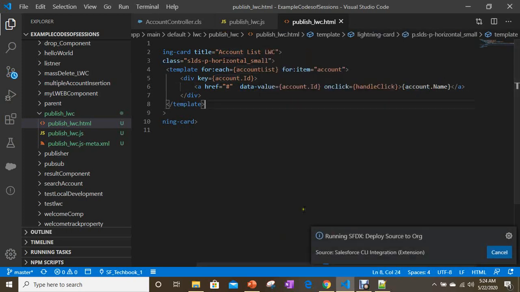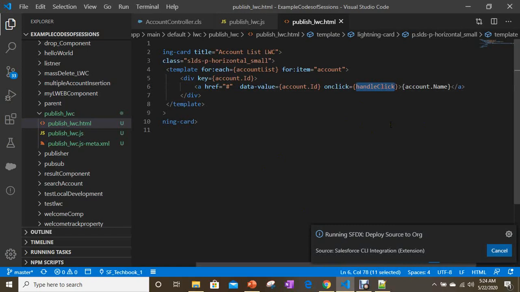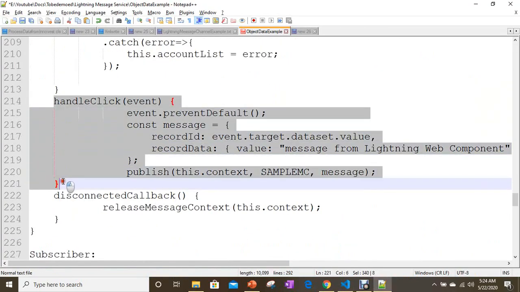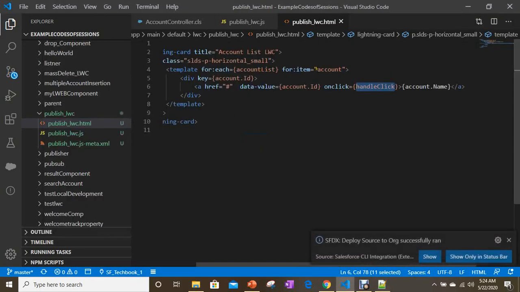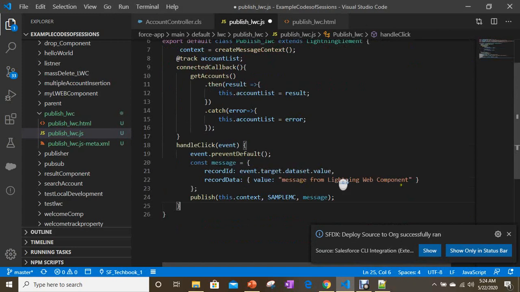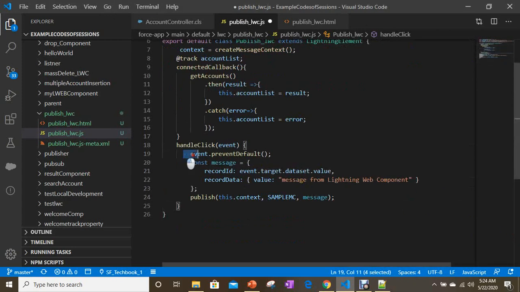So let's save this. Then let's define the handle click method. In this handle click method, I'm using the event.preventDefault method. It prevents the default behavior of the anchor tag, and then it will execute these statements.